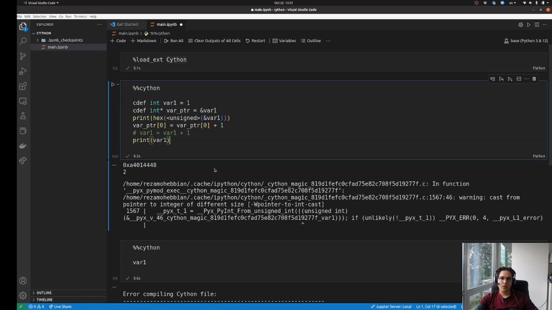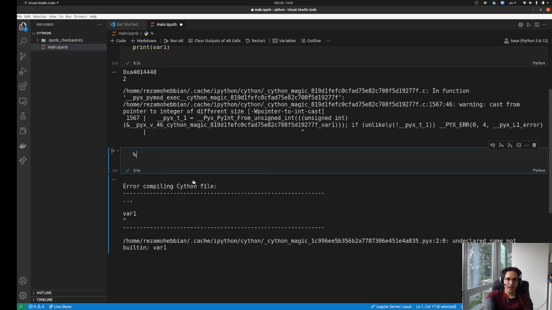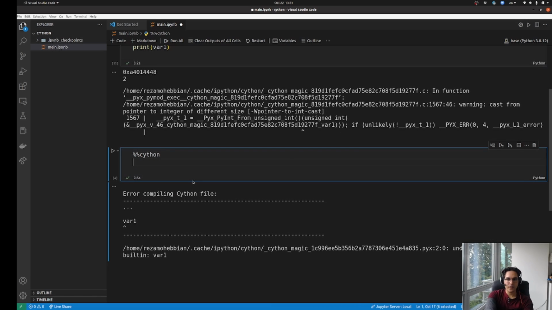So let's now write something more interesting. I want to write a quick sort and show you how we can call a function, pass, for example, an array to a Cython function and get the result. And during that call, we can use some of the functions from pure Python. So again, I need to say this is Cython, and